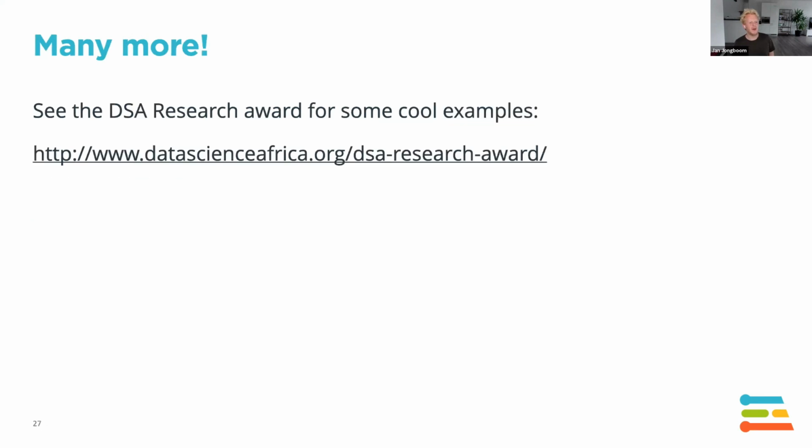So really wide. There's actually a lot more of these things. I highlighted 3 use cases. We have limited time available today. But if you're interested in seeing what the community in Africa is doing, take a look at the DSA Research Award. That's at datascienceafrica.org. You'll find it straight away. It has 10 examples of stuff that people have received grants for in applying machine learning to local problems in Africa. So there's a lot more where this came from, but I wanted to highlight these 3 little basic things.